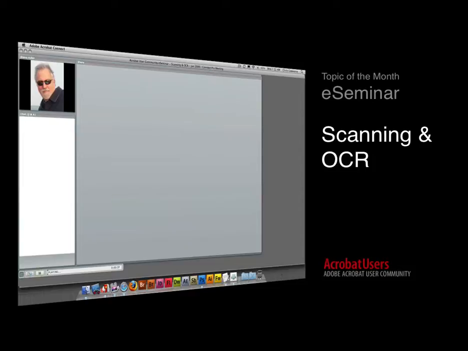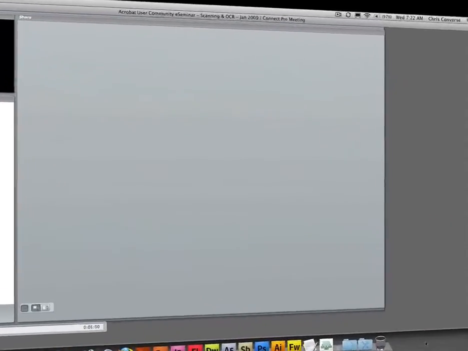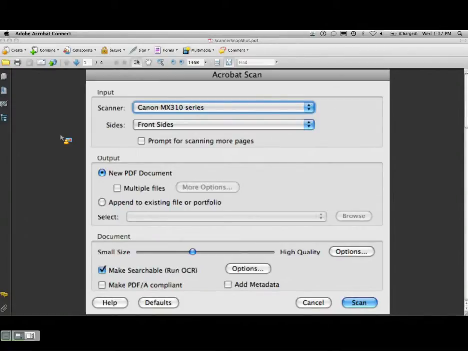And I'm going to be working off the Macintosh platform today, but I will speak to some of the differences, and there are only a handful that you might encounter on the Windows platform. And I'll be using Acrobat Professional. So what I'm going to do here is share my computer screen. Slowly as I can. All right, so when we look at Acrobat,